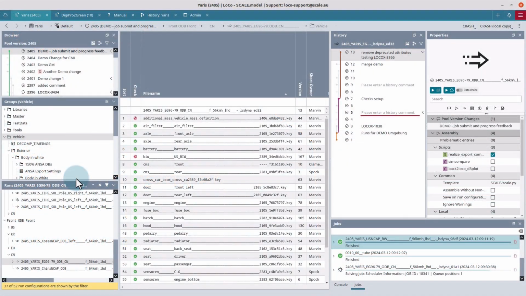In this video, we will shortly demonstrate how job submission and specifically job monitoring is working in SCALE.sdm. So what I have here is our SCALE.sdm desktop client, and I've opened a model tab. And within the model tab, I have here the run configurations which I want to submit to the HPC system